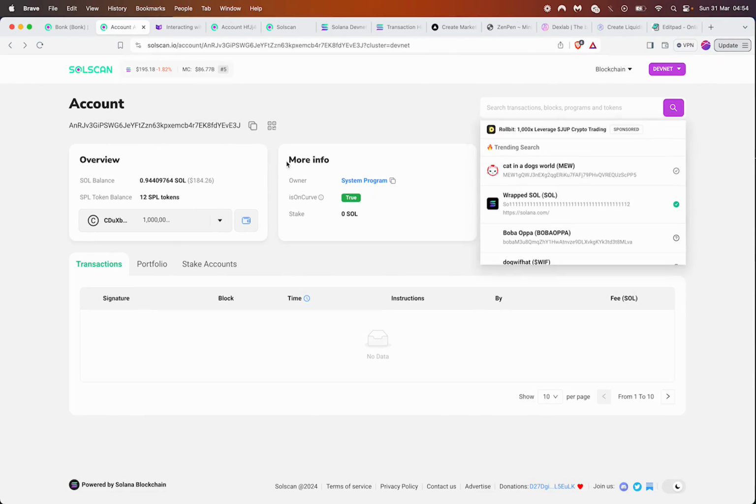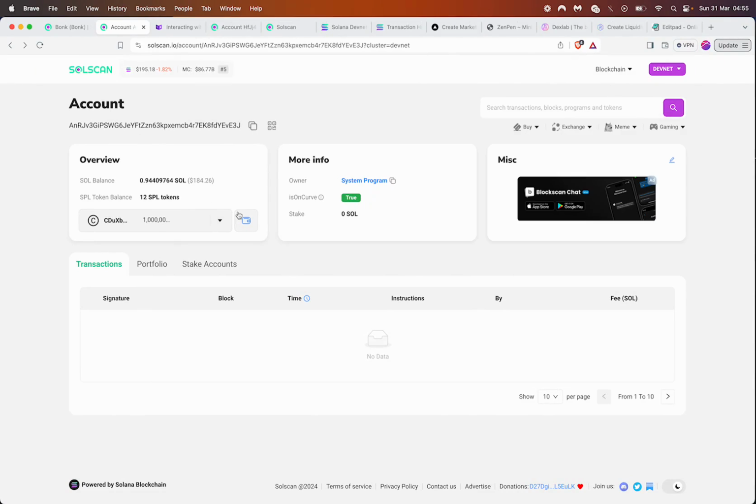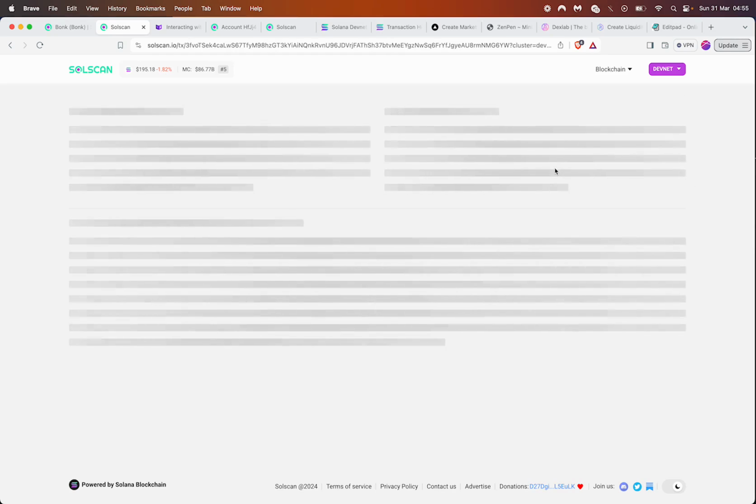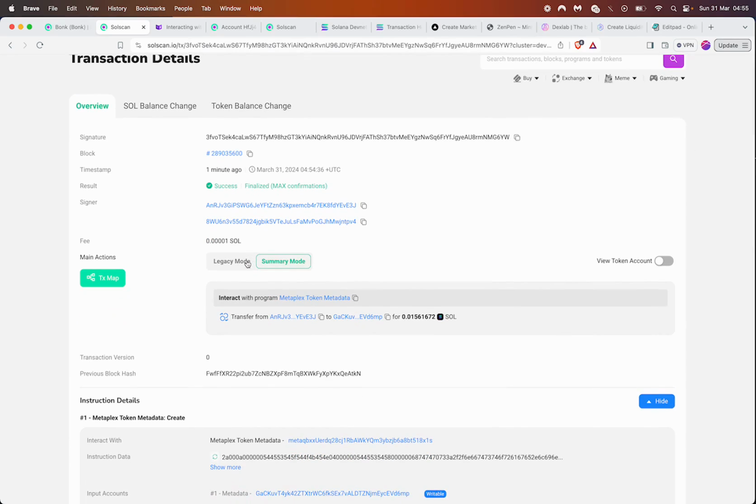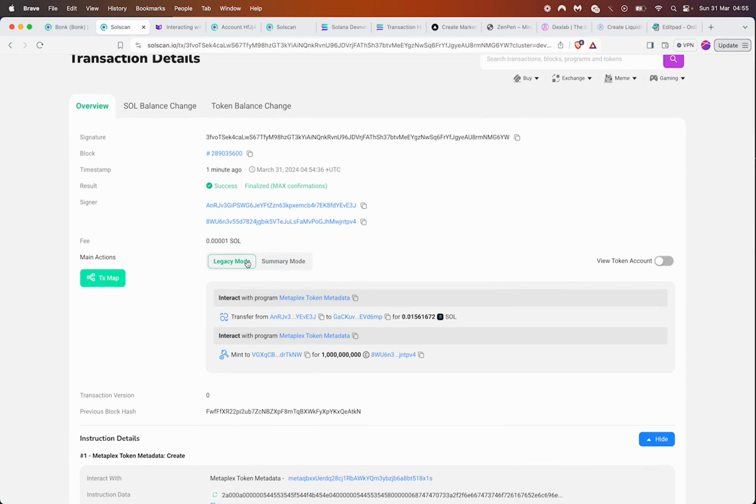This is my address of my devnet. You can see I've created a new token. Let's go to signature. You can see in the signature, I created the token for 0.01. So I save you